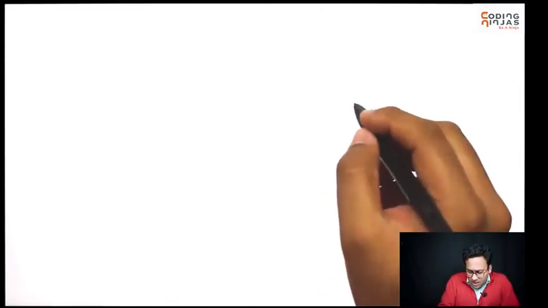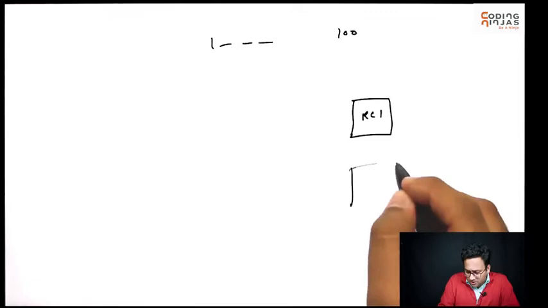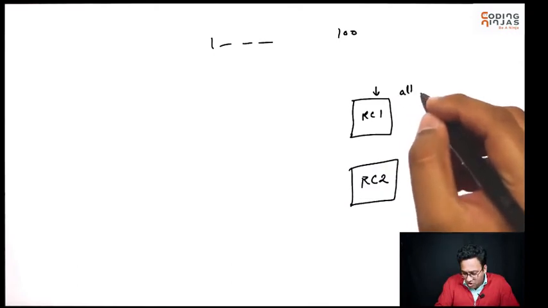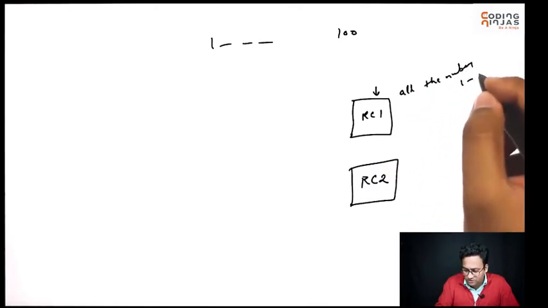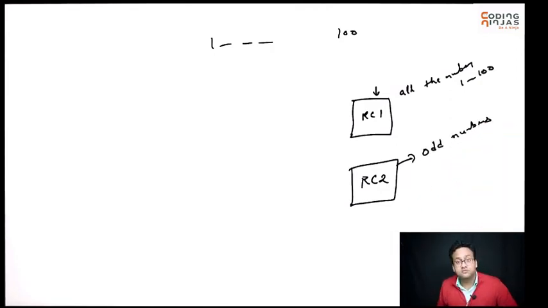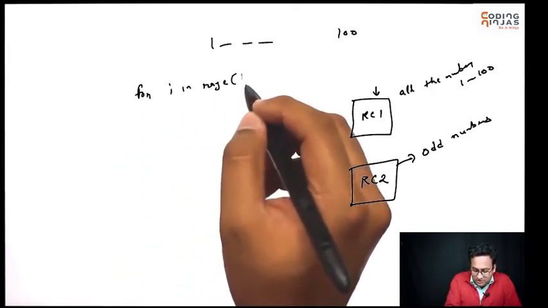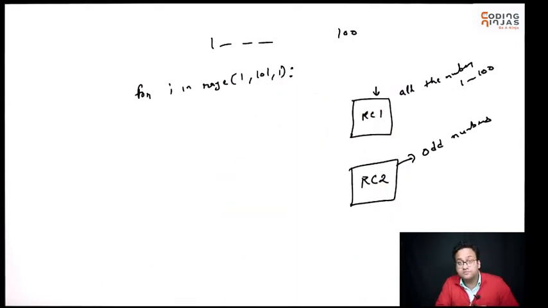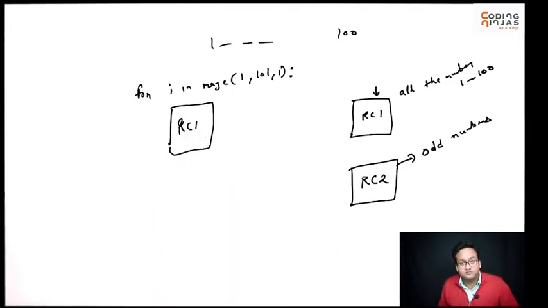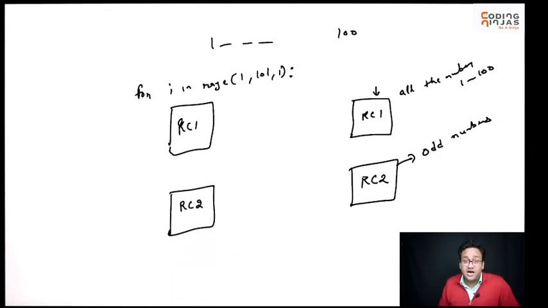Interestingly, let's say I want from 1 to 100 to do two kinds of work, repeated code 1 and repeated code 2. Repeated code 1 happens for all the numbers from 1 to 100. Repeated code 2 should be done only for odd numbers. Then what I can do is, for i in range 1 to 101, step by 1, RC1, you do it irrespective. We have to do this. Now, we have to do RC2 as well, but only if we are at odd numbers.